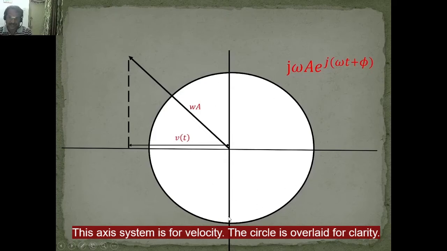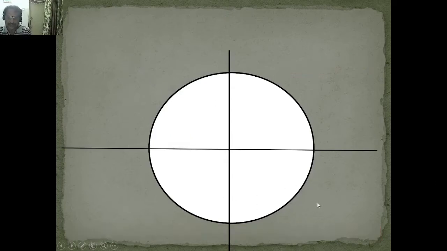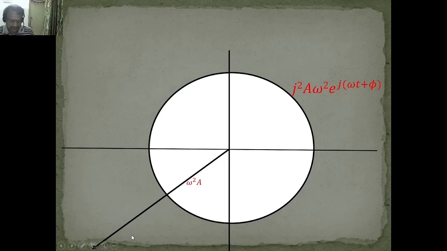Now this is the velocity axis actually. Now if you look at acceleration axis, it is something like this, j square a omega square e power j(omega t plus phi). So we have a vector of length a omega square, which is this. So let's say it is here, multiplied by e power j(omega t plus phi), we get here, which was the first thing used for position, multiply j square, that is j into j, apply j twice. So if you apply once, it goes here, and if you apply another j, it goes here. So it is this.